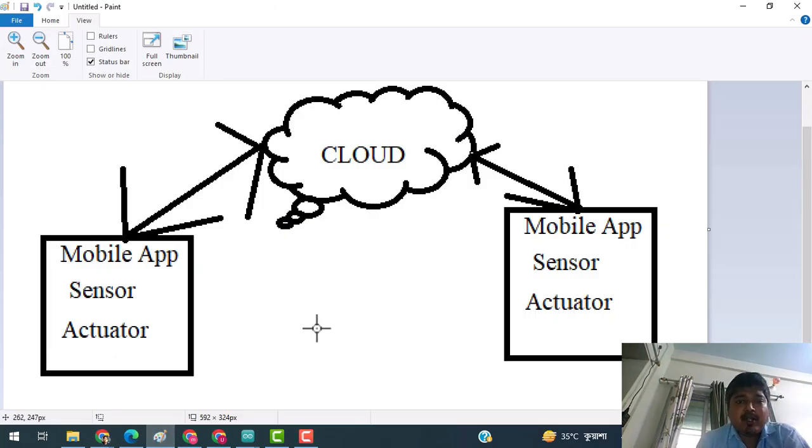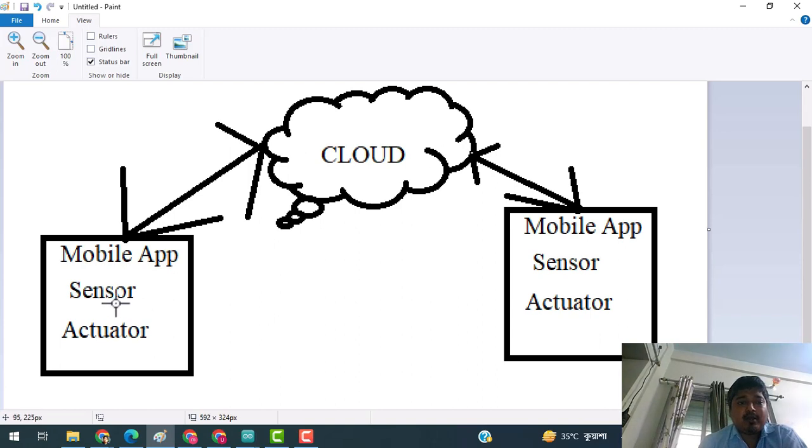Actually, today I will show how to develop an Android app that is IoT based. So in IoT, in the sender, there may be a mobile app or some sensor. In the receiver, there may be another mobile app or some actuator. This mobile app we will create using MIT App Inventor, or we can use Codular also, but MIT App Inventor is user friendly. For connecting sensor, we will use